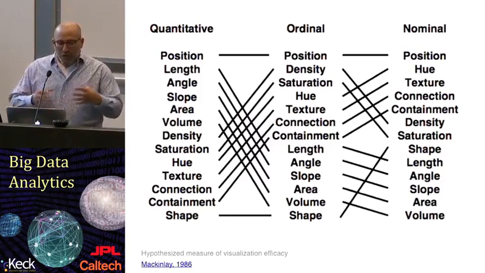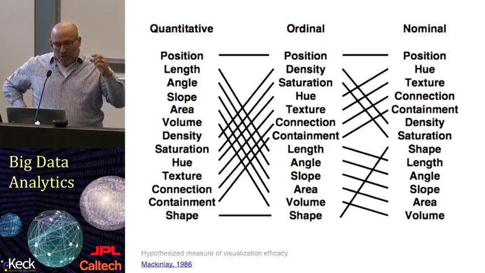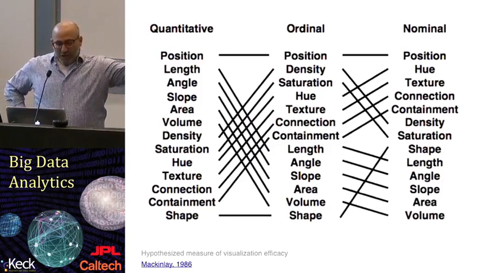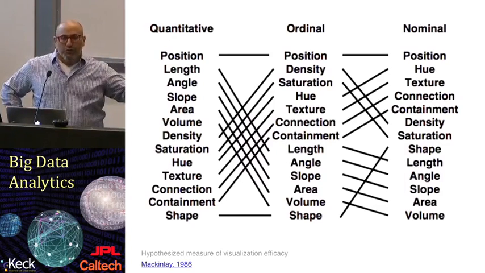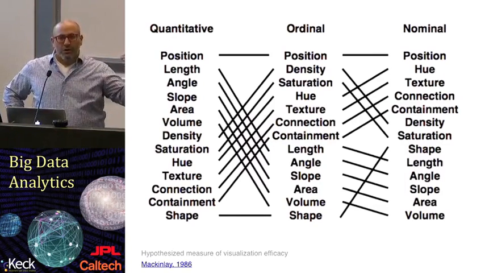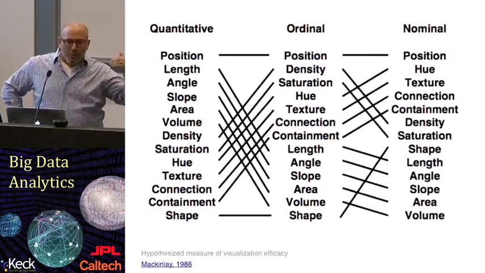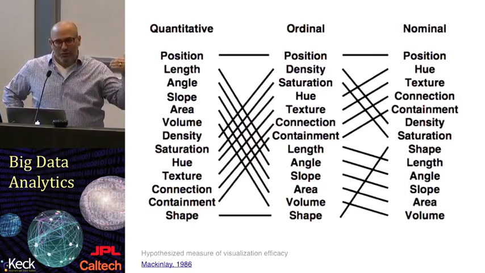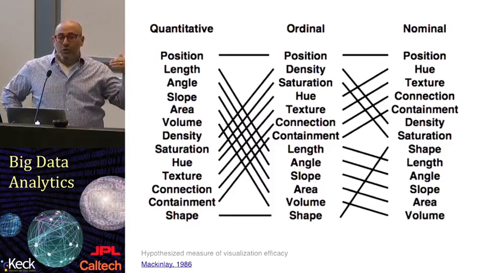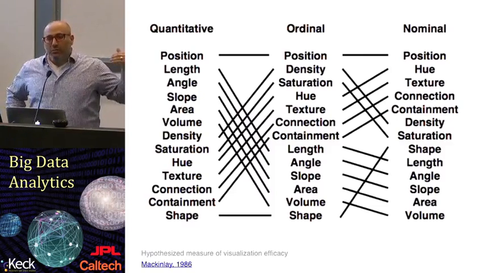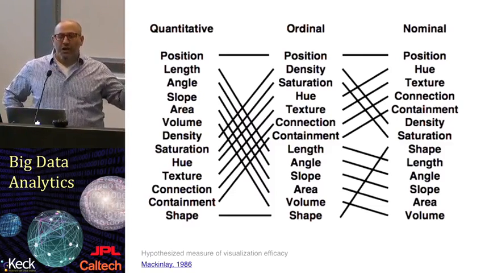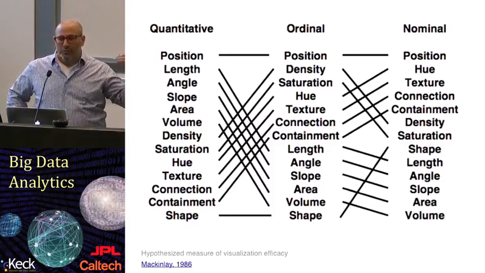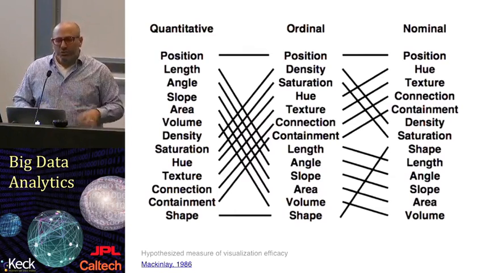Whereas if you look at hue under quantitative, it's actually about 2/3 of the way down the column. So if you want to show a number and it has magnitude, and it's a quantitative number, and you're picking hue as the mapping, you should probably think again about that, because it's not going to be easy for the human mind to perceive. Let's pick a more specific example,